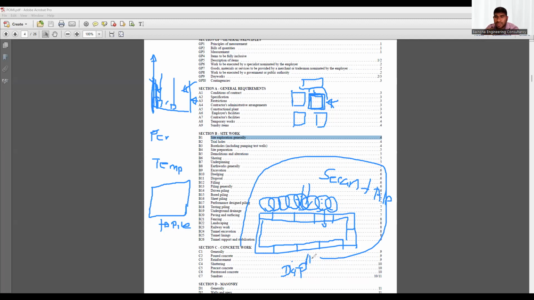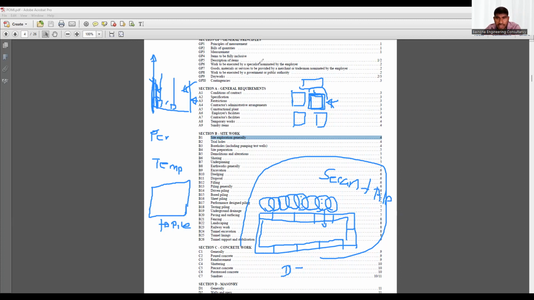If they go deeper, say 4-5 basements, mostly they will go for a diaphragm wall. Most of the thickness of the shoring will be 800, or let's say 500 to 1 meter. It's a huge area. If you come to a huge construction, you will understand this. So that is shoring and underpinning.